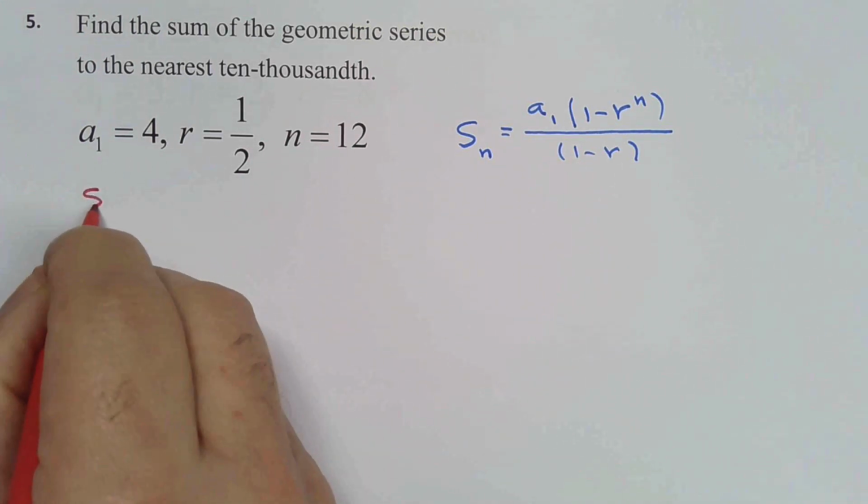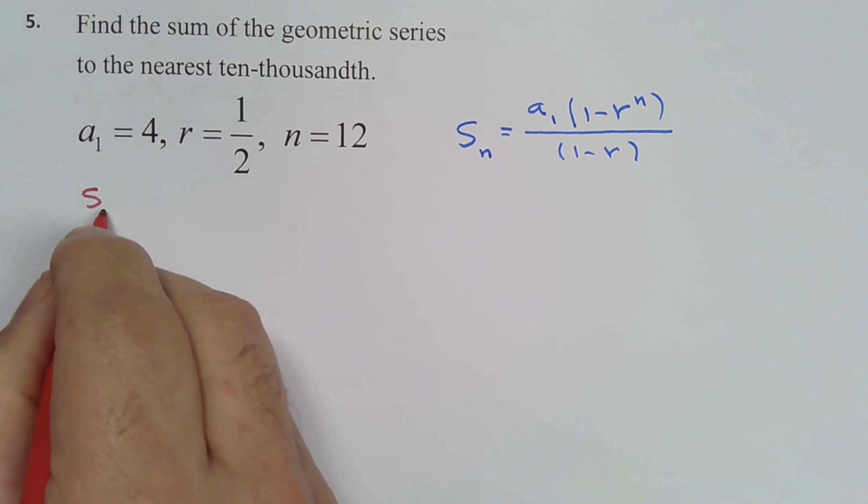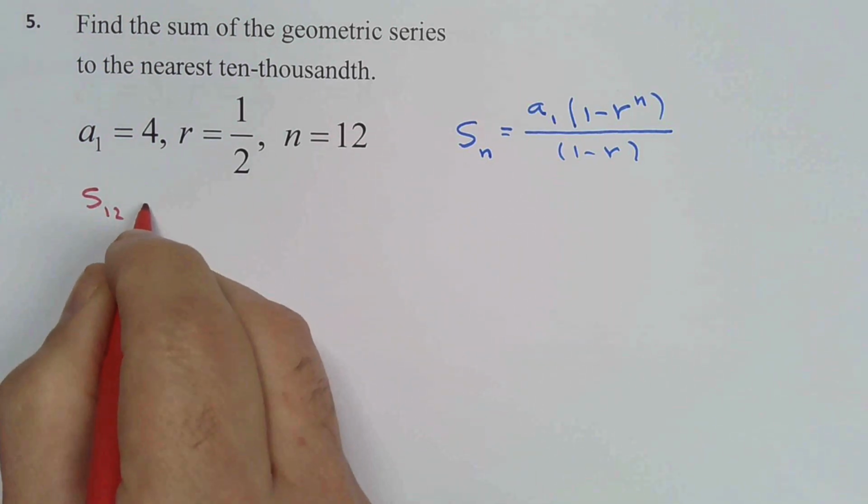So the sum of 12 terms, because n is 12, will be,